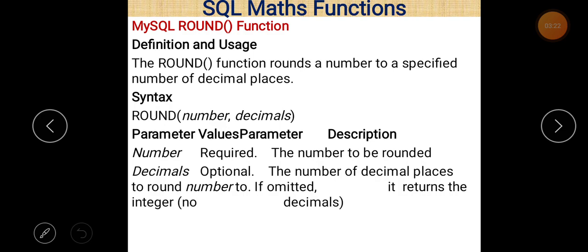The number indicates the number to be rounded, and the decimal is the optional parameter, which indicates the number of decimal places to round the number to. If omitted, it returns the integer, meaning no decimal. So it is optional. If you don't write it in your query, then by default it is 0, meaning an integer value will be there.